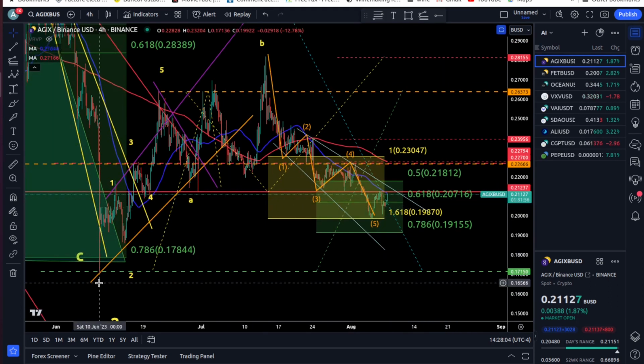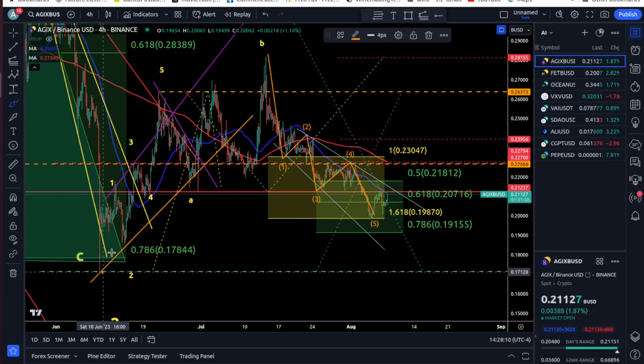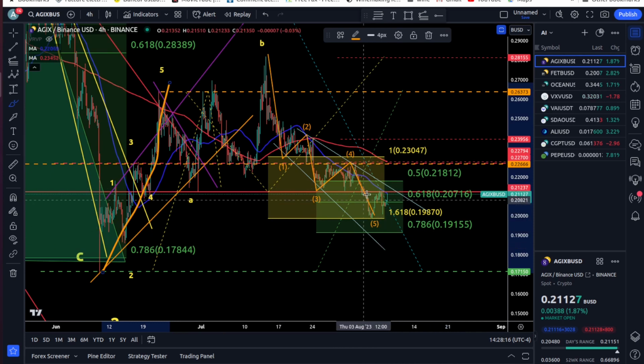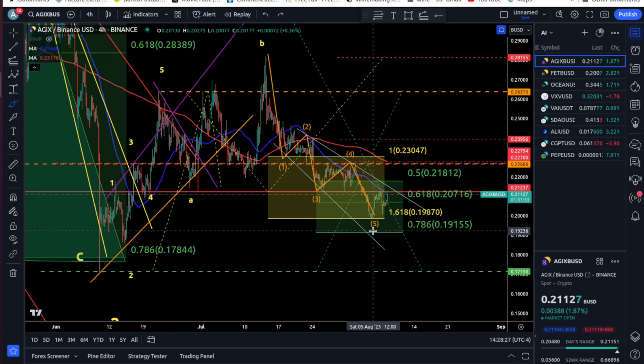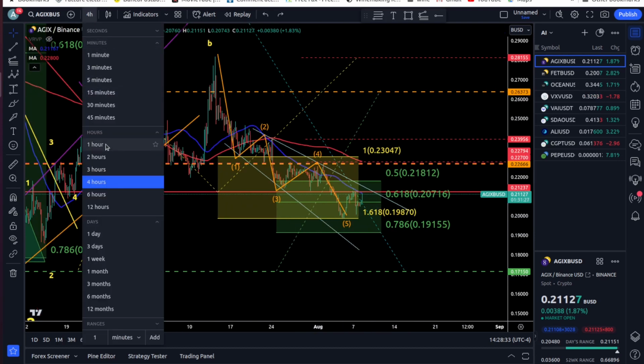So if I take the Fibonacci retracement of all this impulsive movement here, let me highlight it, the Fibonacci retracement, it's the green levels. As you can see, we went below the 0.618, which is, by the way, the ideal target for the wave 2. We can go even lower, so we still have space to go lower, and without invalidating any counts, we're still bullish. Now, if I go onto the 1 hour chart,